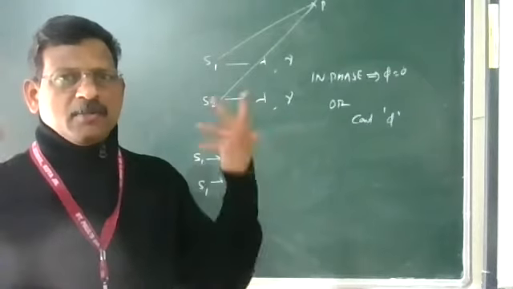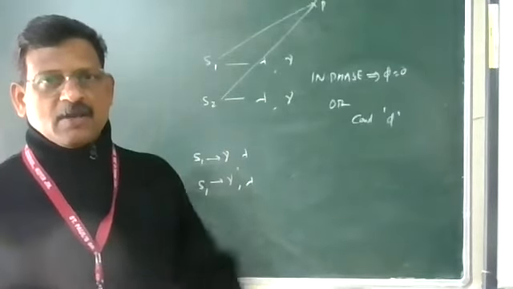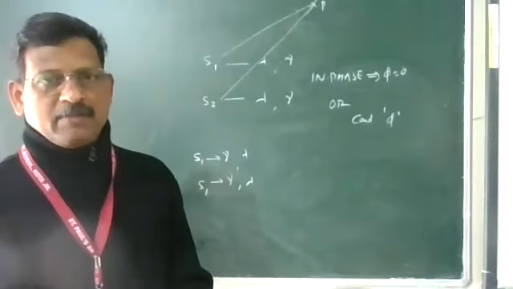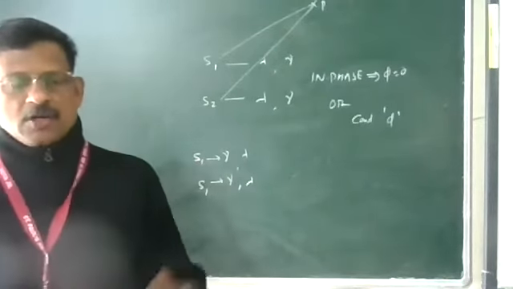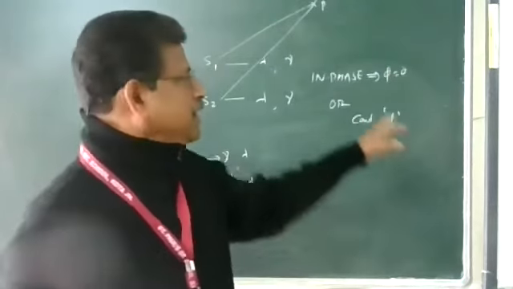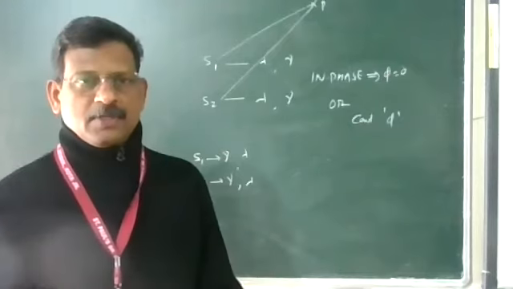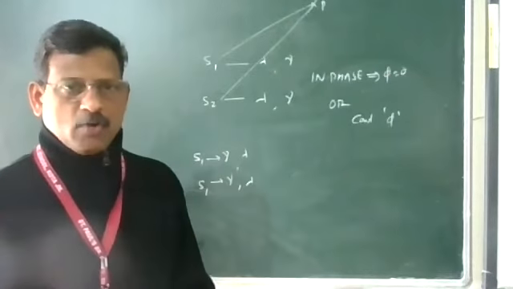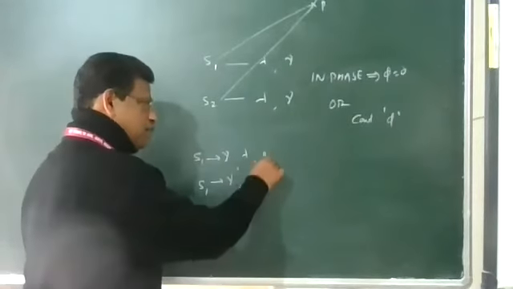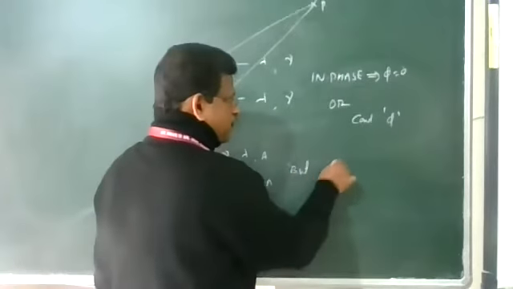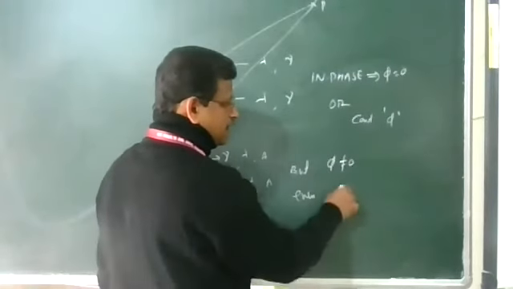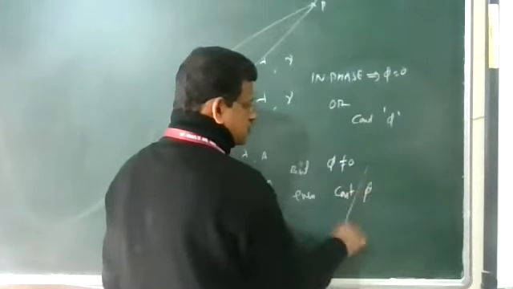There are millions and millions of such atoms, and they cannot come to the ground state at the same time. So two independent sources cannot emit coherent light waves with a phase difference of 0, or even maintain a constant phase difference. Independent sources can have the same frequency, same wavelength, same amplitude, but the phase difference between them cannot be 0 or even constant.